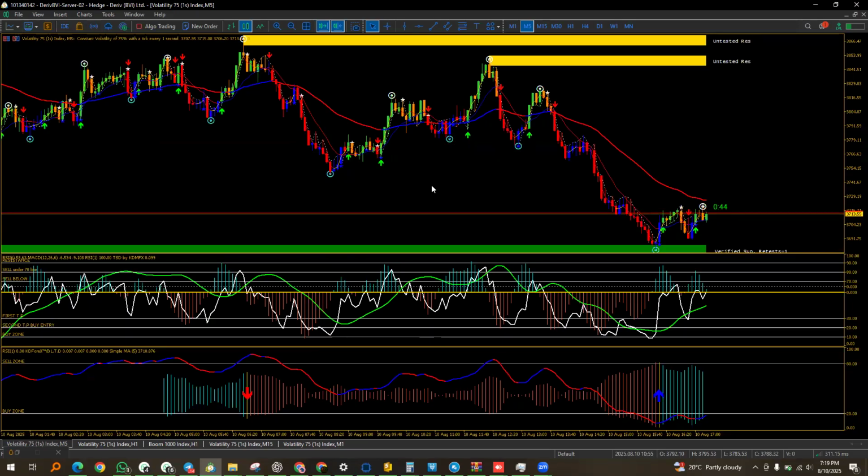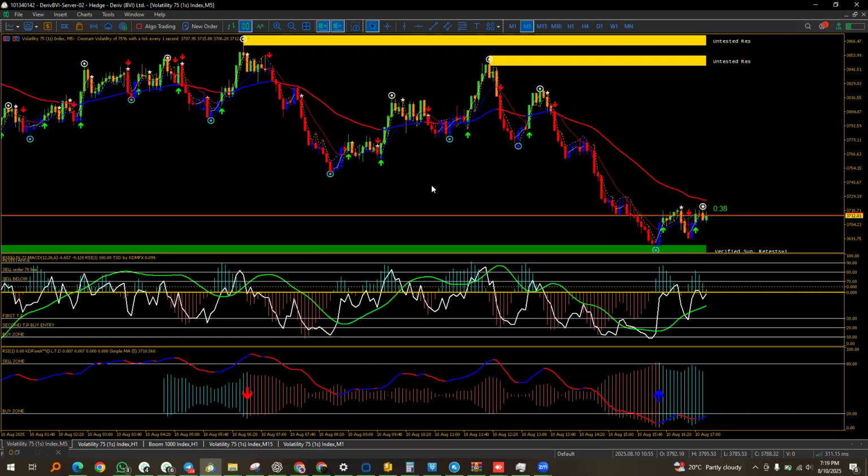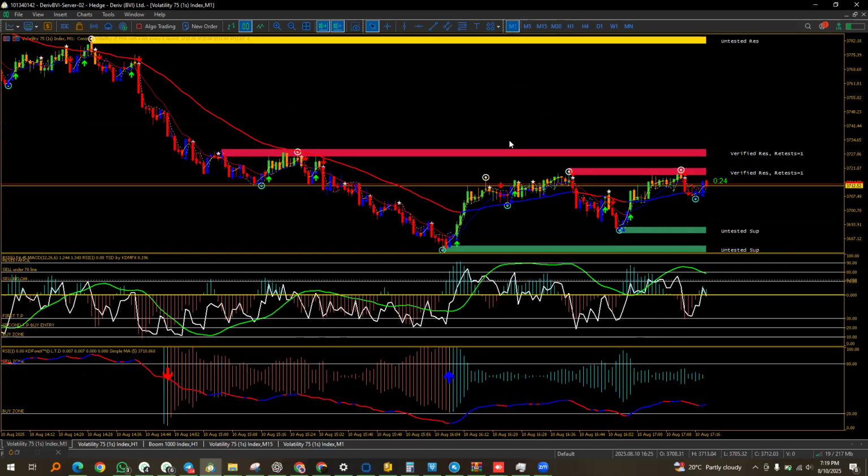Like I always say, 1 minute is for scalping, 5 minutes is for scalping, 15 minutes is just for scalping. When you go above 15, let's say 30 minutes, 1 hour, 4 hours, at least these trades are going to be the long trades. So if you take a closer look, you're looking at it in the 5 minutes time frame right here. If you go down to the 1 minute, this is what you're going to see.